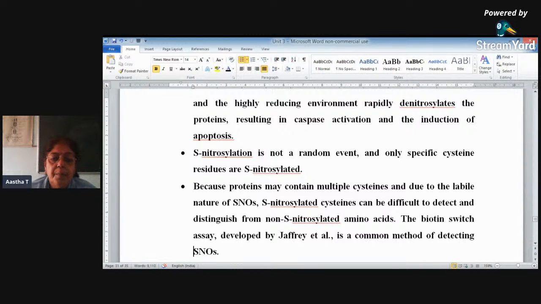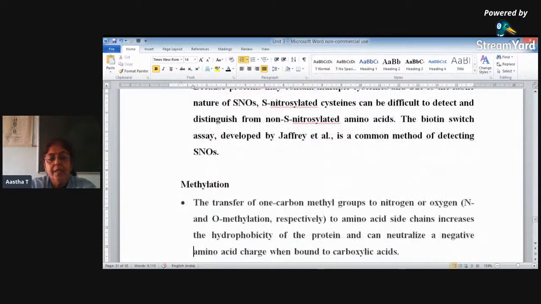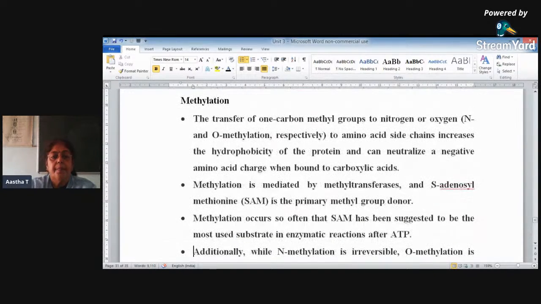So that is known as the biotin switch assay, which was first designed by Jaffrey et al. And it is the method which is used to detect the S-nitrosyl or S-nitrothiol groups in the cell. Next is methylation. It's nothing but the transfer of a one-carbon methyl group to nitrogen or oxygen. It may be N-methylation or O-methylation, depending upon the